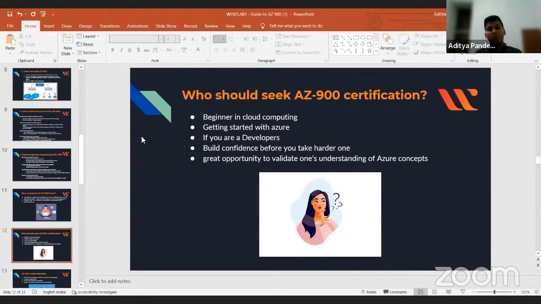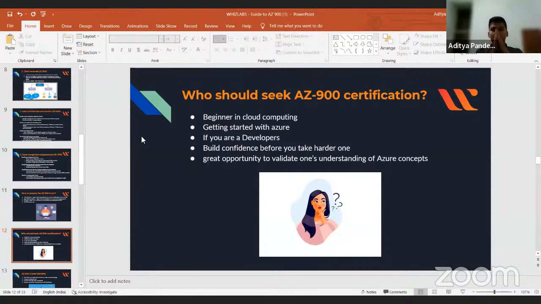That is an example of cloud computing, software as a service. Sorry. Right. So let's say you are a software developer. At any point of time, you may have to use cloud computing or Azure cloud, or any cloud computing platform. So you should have the understanding of cloud computing and AZ-900 certification if you are going to use Azure cloud, right?